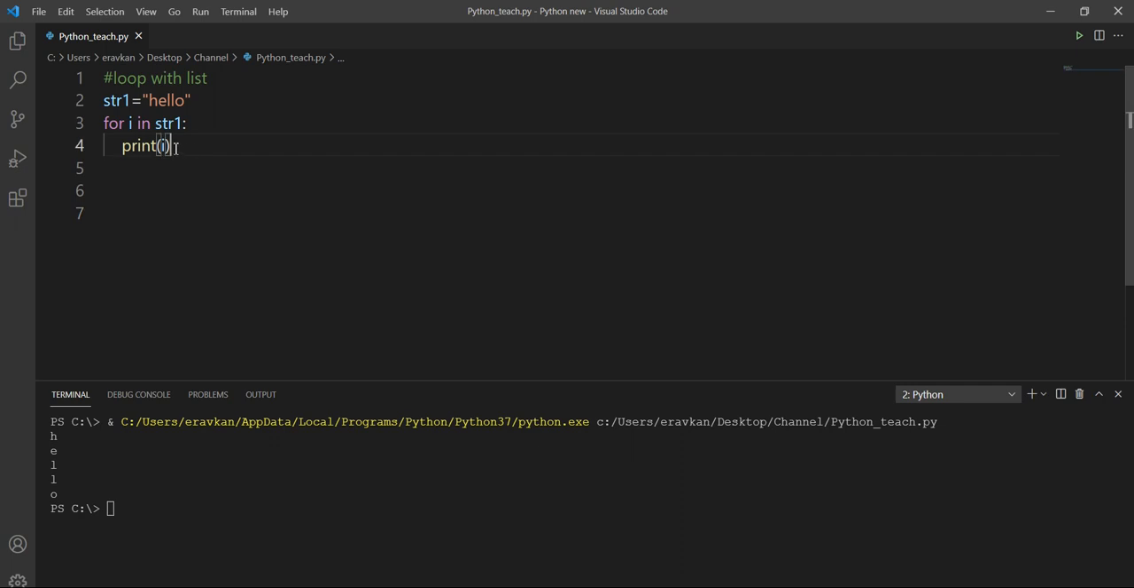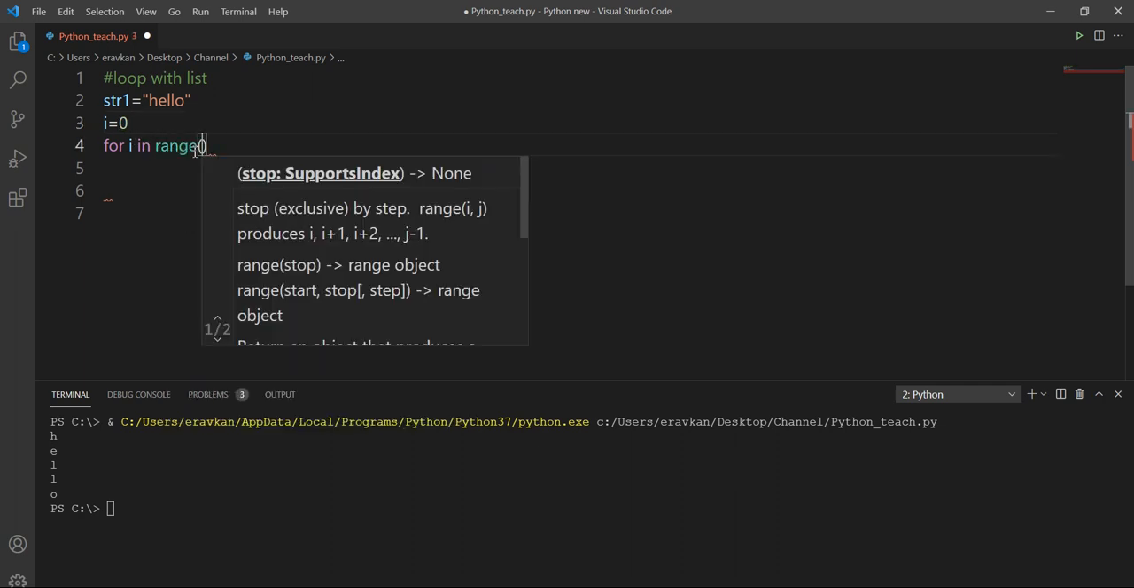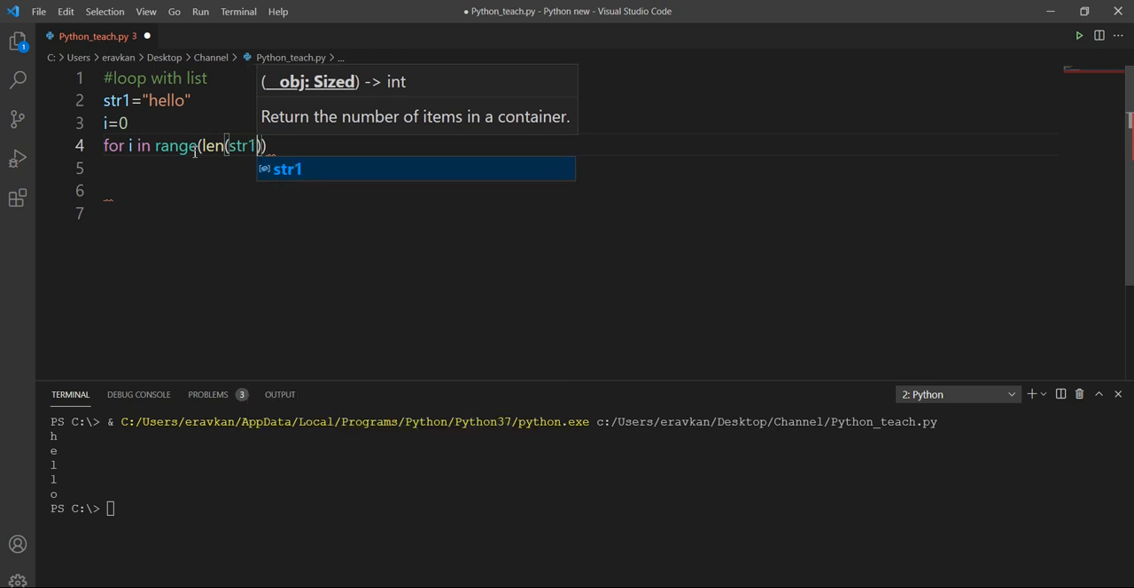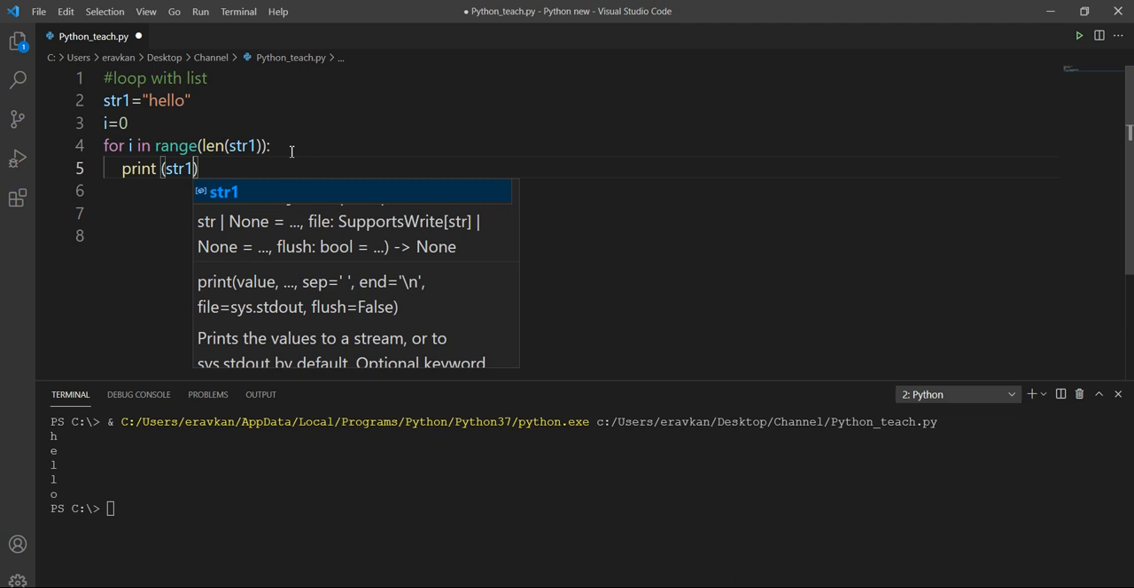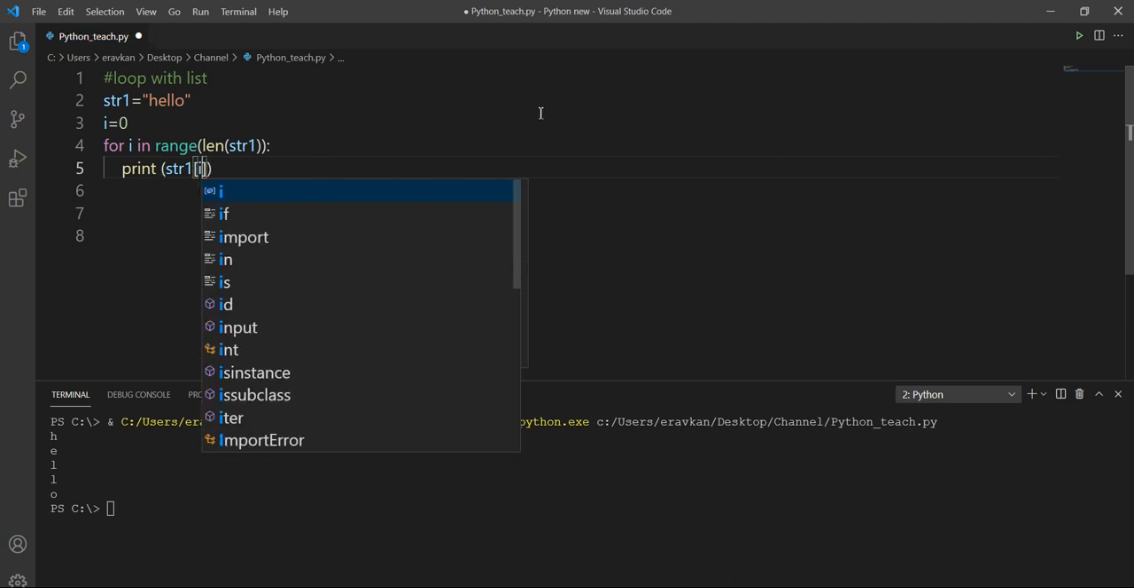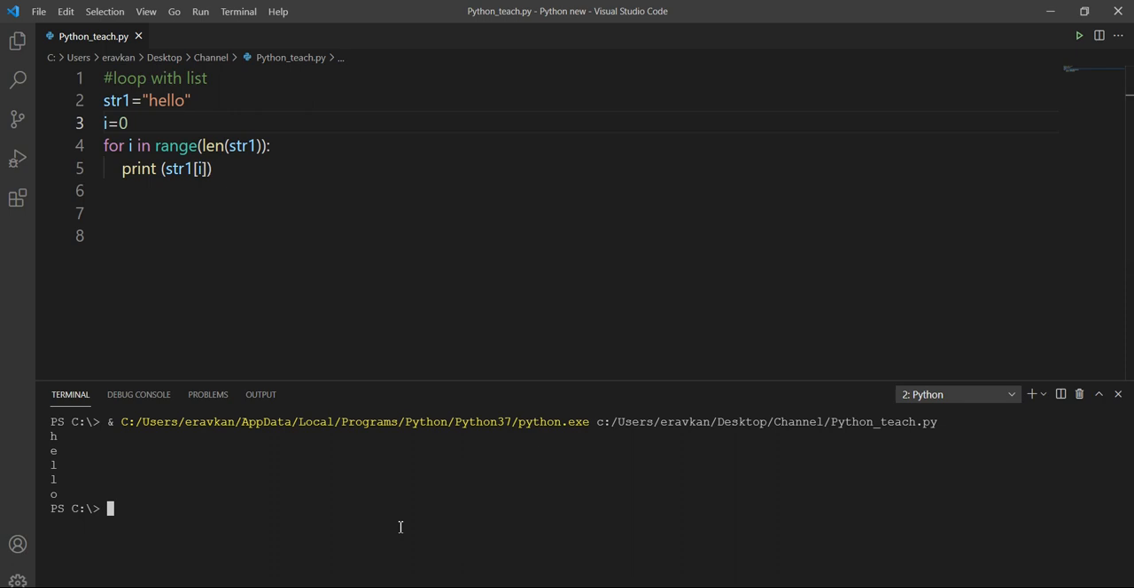So this same operation I can do with indexing also. So I can do one thing. I can take, for i in range, length of string, then print. Here I have to print str1, then i. So in this way you can